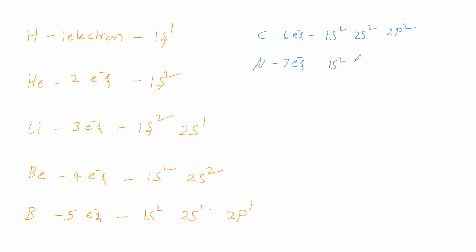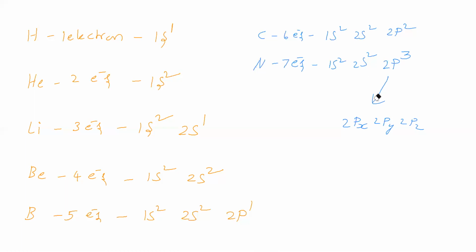First 2 electrons go to 1s. Next 2 electrons go to 2s. Next to 2p. This 2p subshell has 3 orbitals, that is 2px, 2py, 2pz. Each orbital can take a maximum of 2 electrons. Therefore the 2p subshell can take a maximum of 6 electrons. Here the remaining 3 electrons go to the 2p subshell. Here availability is 6, and we have 3, so 3 go to 2p. Okay.